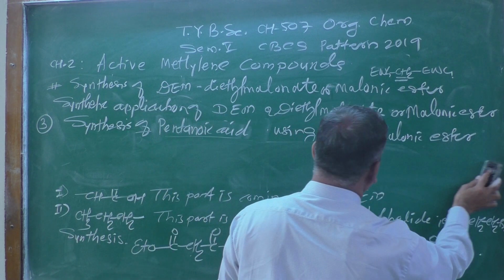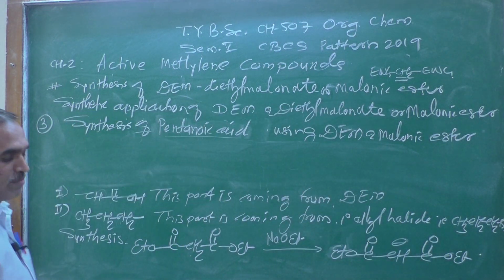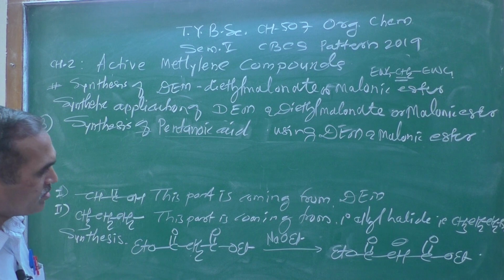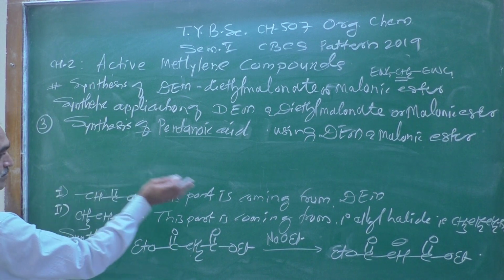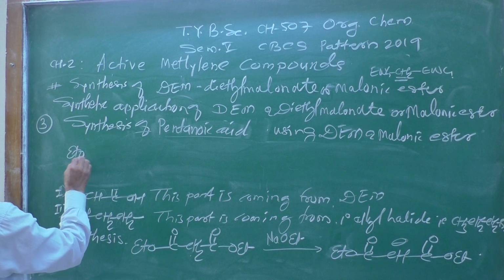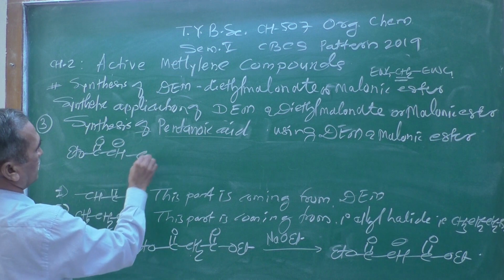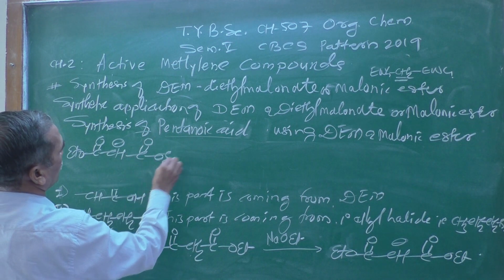Carbanions are well stabilized due to the resonance or mesomeric structure. Now I am writing these structures as they are, EtO-C(=O)-CH⁻-C(=O)-OEt,